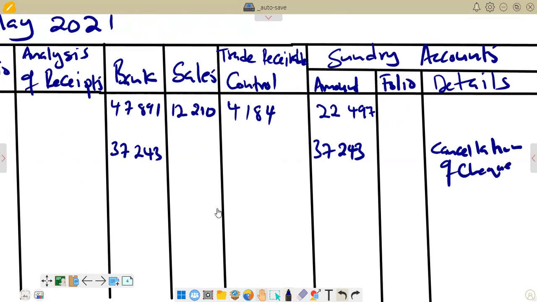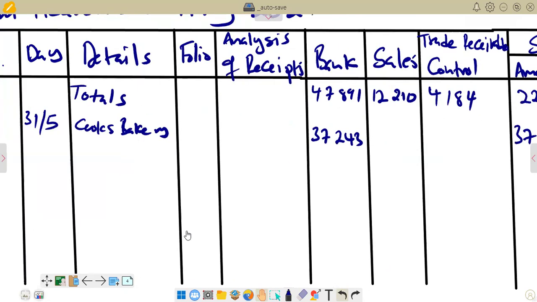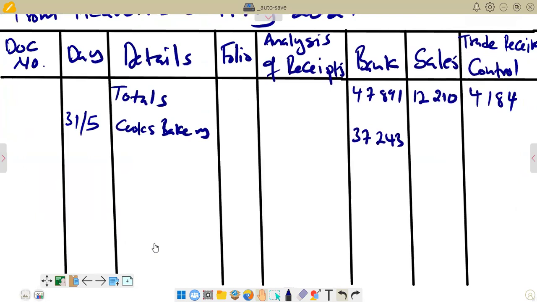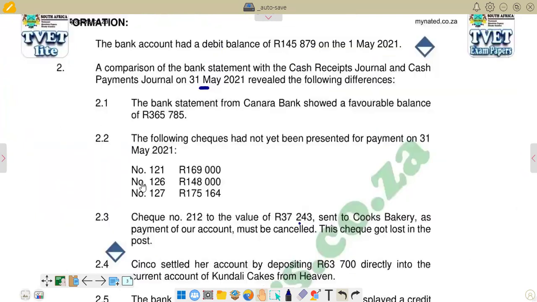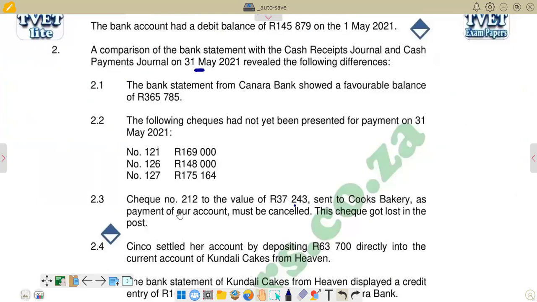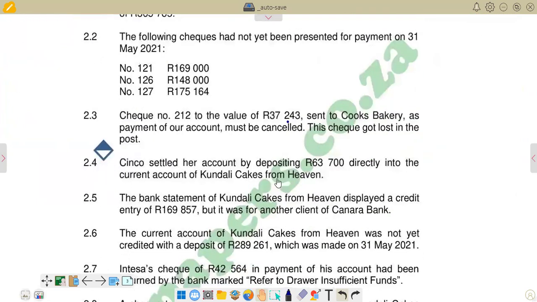So now we can go and try to see on the next transaction what we have. Go back. You see that now we are on 2.4, and 2.4 reads: Single settled their account by depositing 63,700 directly into the current account of Hyundai Cakes from Heaven. In this case, this settlement was deposited directly into the account, which means it wasn't captured in the journals. It is already on the bank statement, but in the journals it's not appearing. So it means we are going to input this again, which is